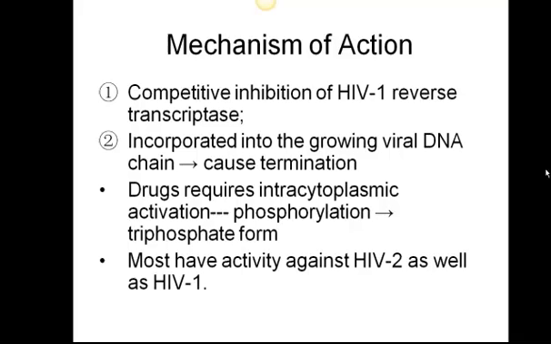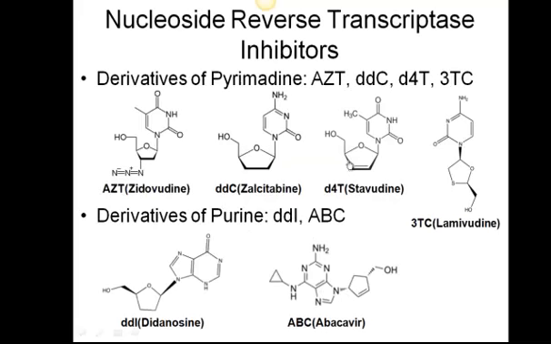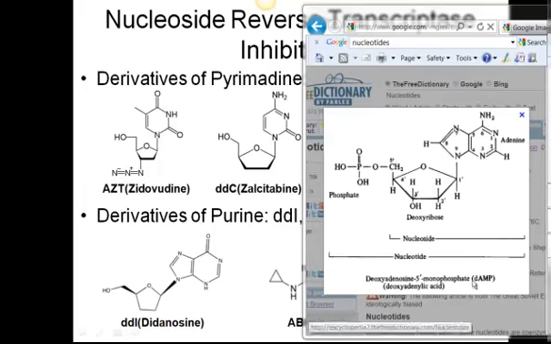These drugs do require intracytoplasmic activation. They need to be phosphorylated first into the triphosphate form. So our nucleotides are not just integrated into the DNA molecule as the nucleoside product. They need to actually have the phosphate incorporated as well. So if we look at one of our bases for DNA incorporation, this one is adenine. You can see the nucleoside just contains a side of sugar, but the nucleotide also contains the phosphate group.